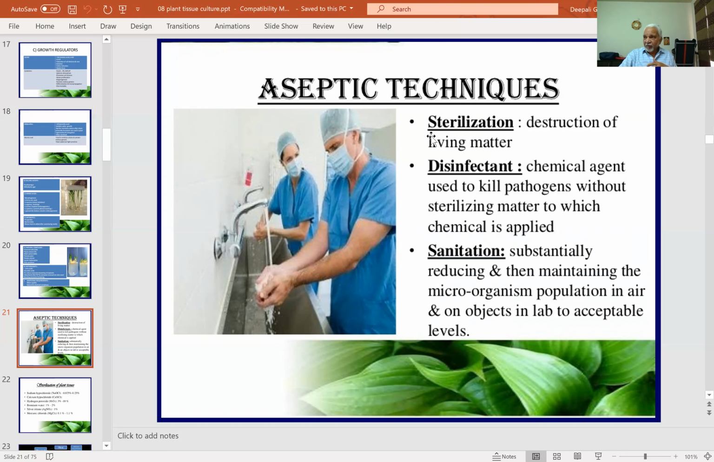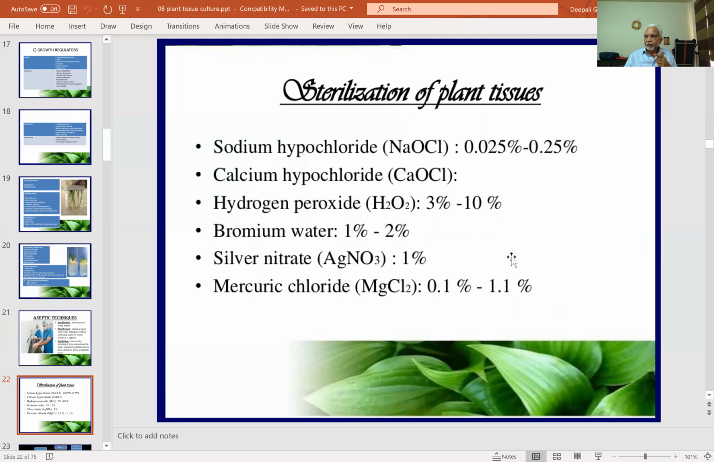So sterilization is to destroy the living matter, disinfectants and chemical agents, and the sanitation, all these things. I will go into the detail of how the aseptic conditions are maintained while doing in vitro cultures. So, for example, if you have to sterilize the explant, the tissue which you want to use in vitro, then